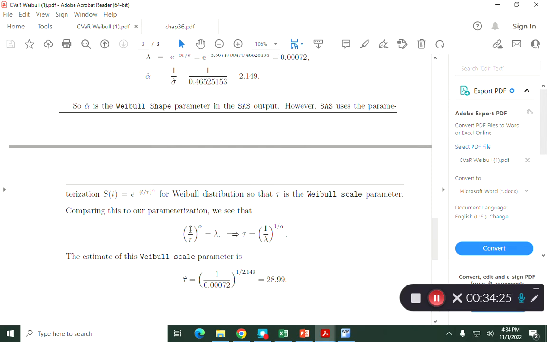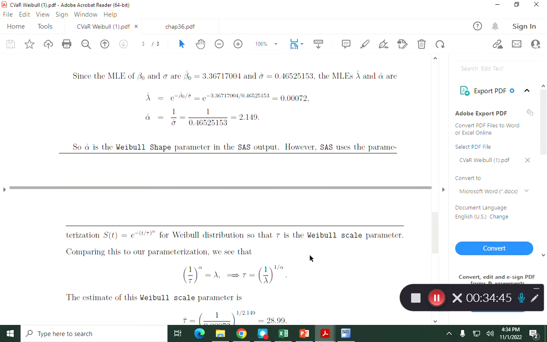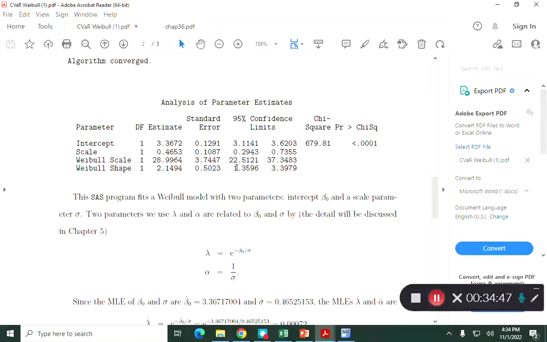Here it is the same thing: 1 over tau to the alpha equals lambda. Then tau equals 1 over lambda to the power of 1 over alpha. So the scale parameter equals 1 over 0.002 to the 1 over 2.149, and it's 28.99. In the old days, when I used SAS 5, SAS 6, they didn't give us Weibull shape